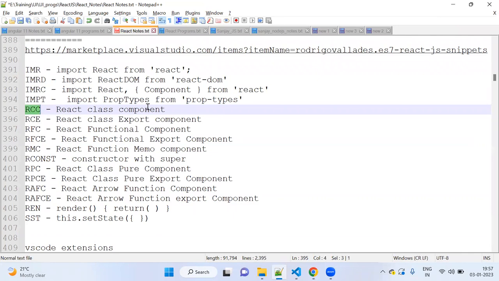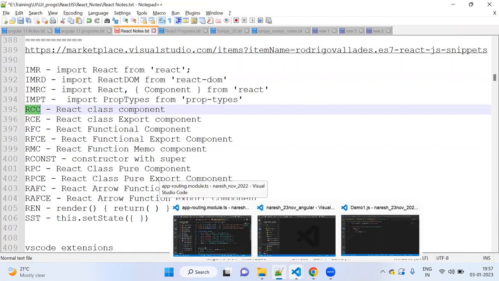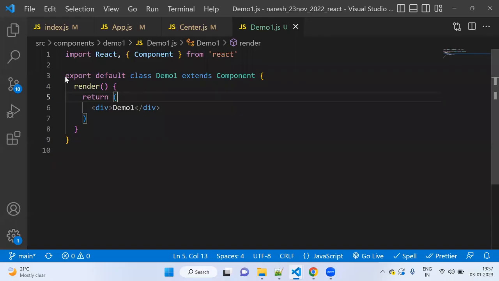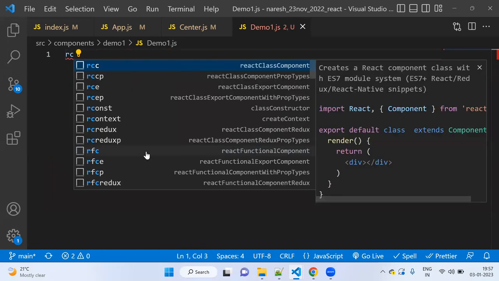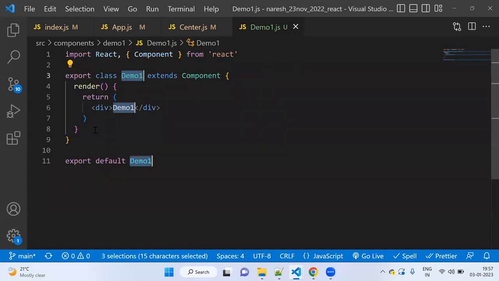If you use RCC, then there only it will write export. If you write RCE, it will create a class. It will create a class here and it will export like this. You see,